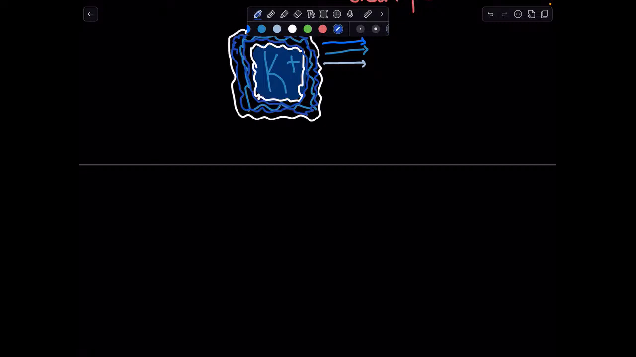Right. The body constantly fine-tunes potassium levels. It gets absorbed into cells as needed, and any extra gets excreted by the kidneys. This way, potassium stays balanced in your blood. Seems so inefficient. It might seem that way, but it's actually